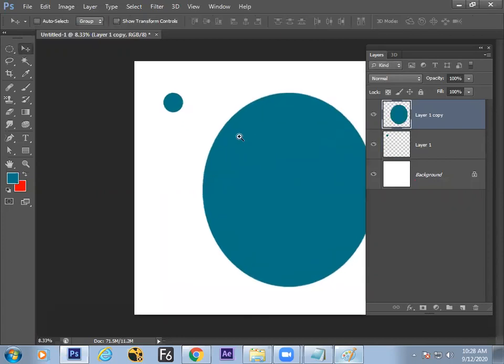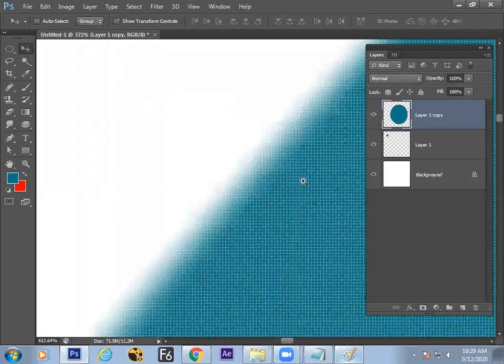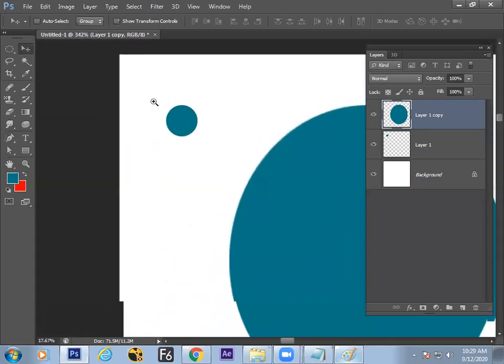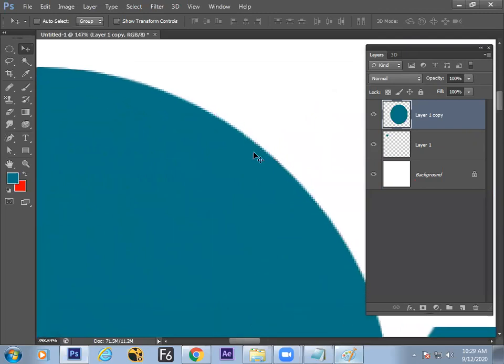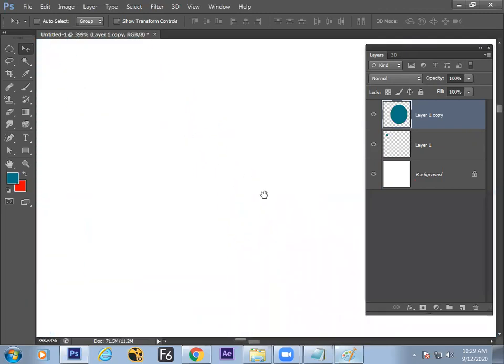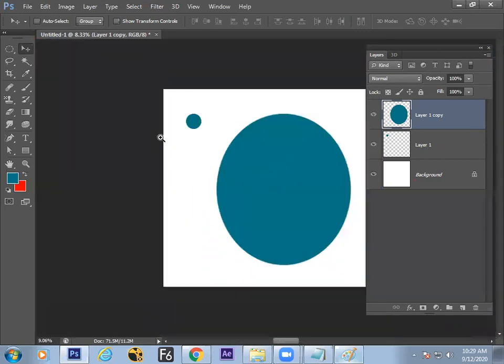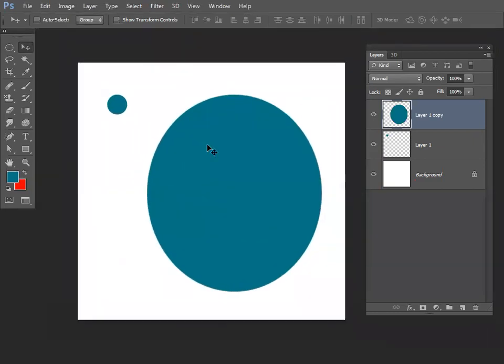So what happened here is the quality of this circle is getting blurred. The edges are not sharp, blurred. Here you can see this edge is sharp. When I scale up, it will get blurred. If we take a print, the image also will be blurred in the print also.